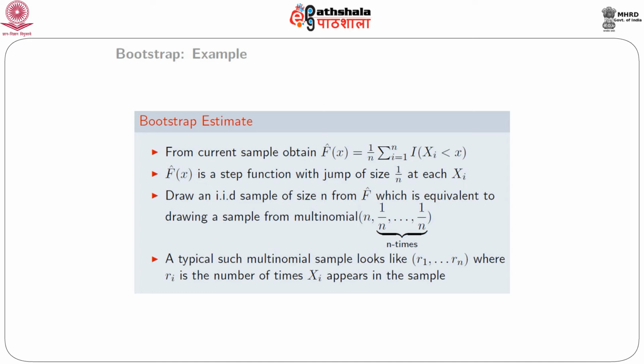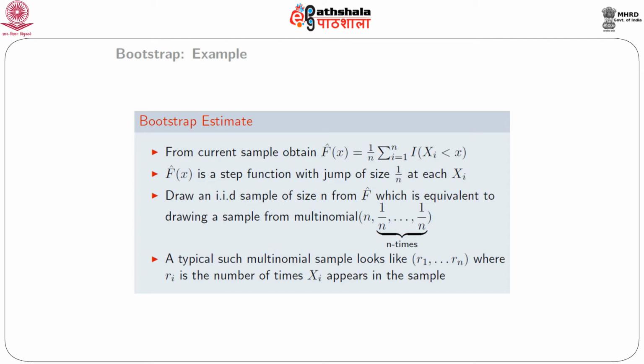So, from the current sample, we can find the empirical CDF, which is F hat(x), which is 1 by n summation i runs from 1 to n I(xi less than or equal to x). Now, note that this is a step function with jump of size 1 by n at each xi. To draw the bootstrap sample, we can draw an IID sample of size n from F hat. Now, this is equivalent to drawing a sample from a multinomial distribution with parameters n and probabilities 1 by n, 1 by n,